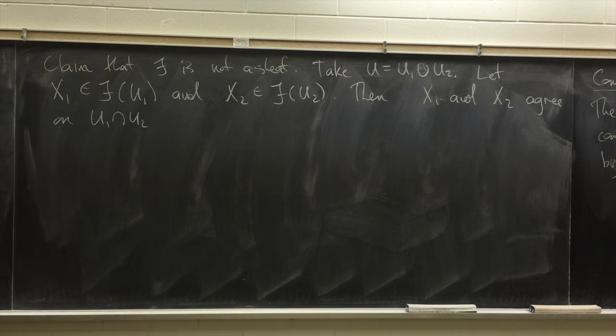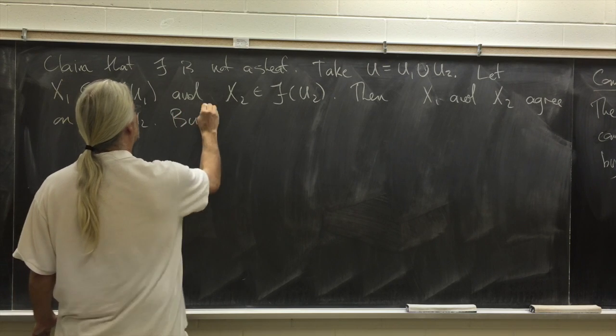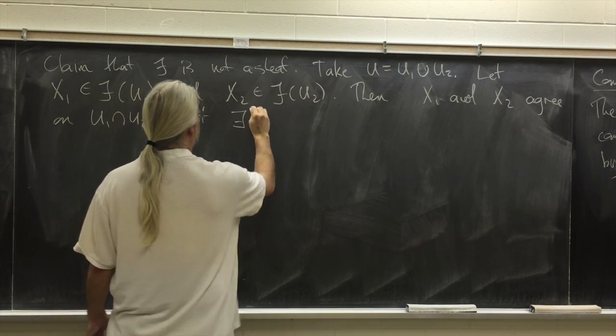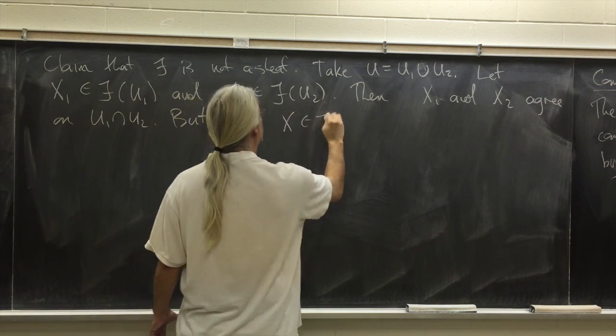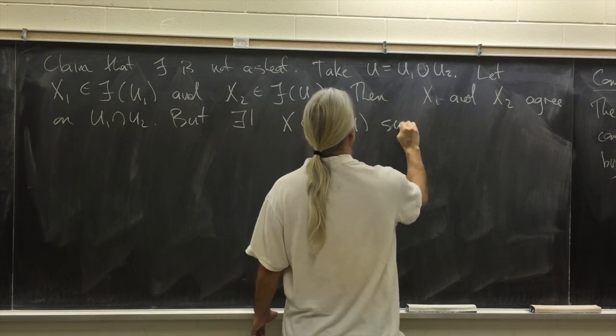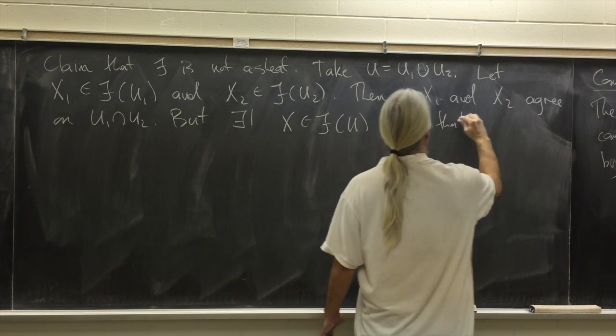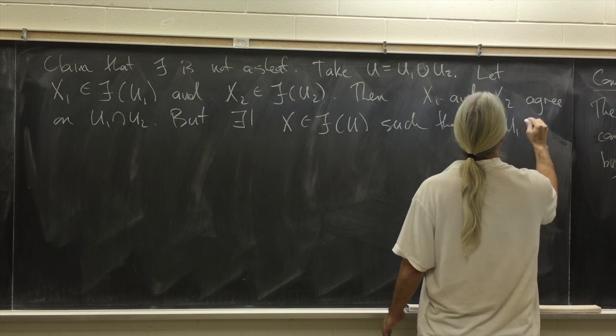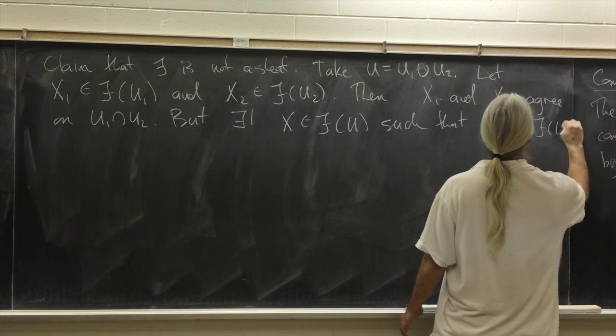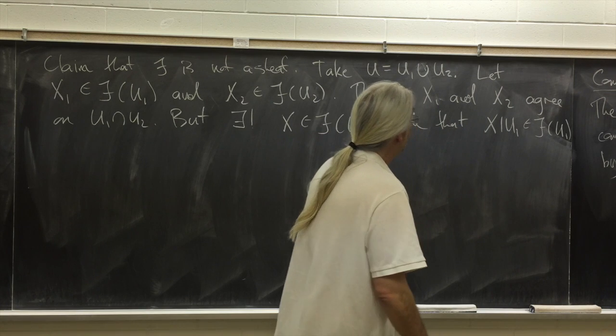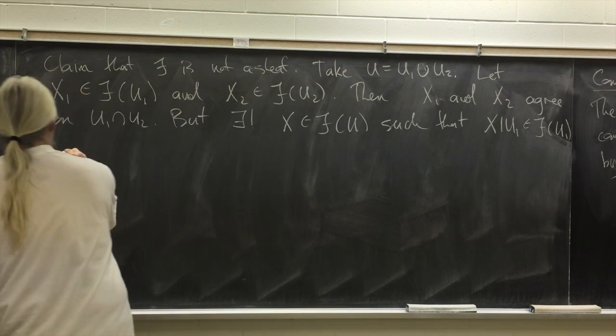Okay, because the intersection is empty, there's a condition that they agree that is vacuous. Okay, but there exists no x in F of U such that x restricted to U1 is in F of U1. Okay, and